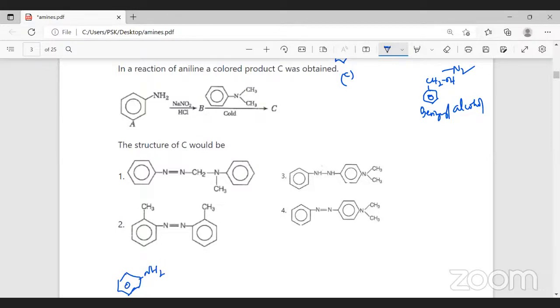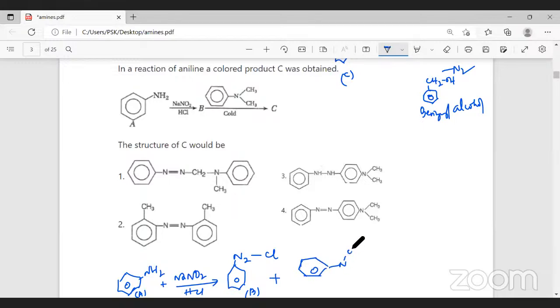This aniline is A. When it is allowed to react with sodium nitrite and HCl at 0 to 5 degrees Celsius, we know that we get a molecule called benzene diazonium chloride. We will represent benzene diazonium chloride like this, N2 and Cl. This is B. Now, this benzene diazonium chloride, when it is allowed to react with this molecule,